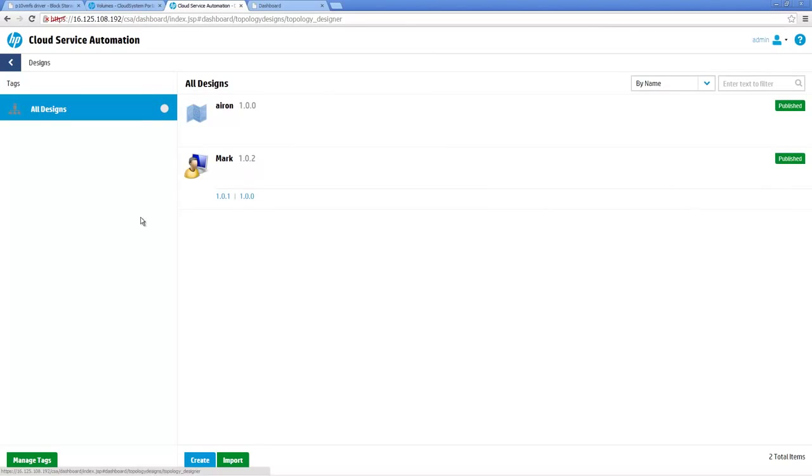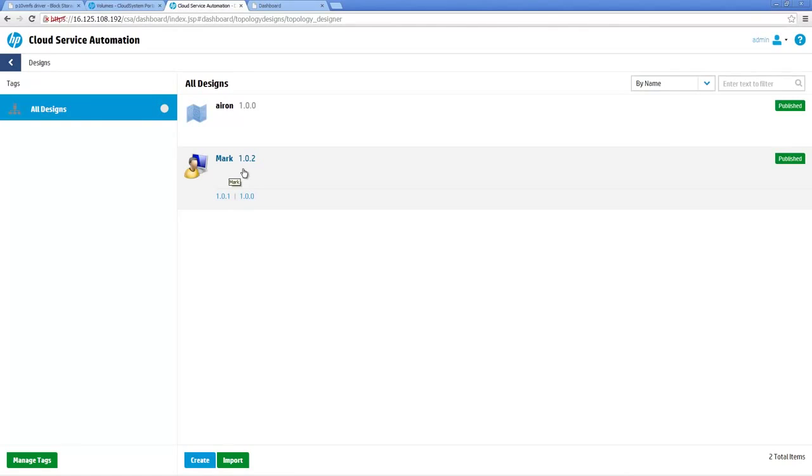Very powerful stuff. Now, look what I've got here. A couple of designs that I've created previously, and I specifically created this Mark design here at version 102 that supersedes design 101 and 100. You know, this is kind of techie stuff, but I'm trying to illustrate that you have design versioning here. You can start with the version 100 design, and then when you're ready to add things to it without destroying it or taking it away, you can add the 101 and the 102 design. Oh, so there's a progression here. And you can keep it progressive,